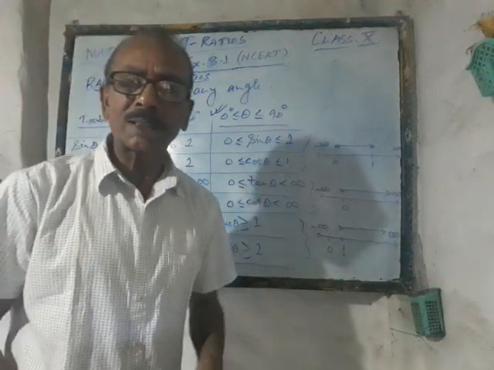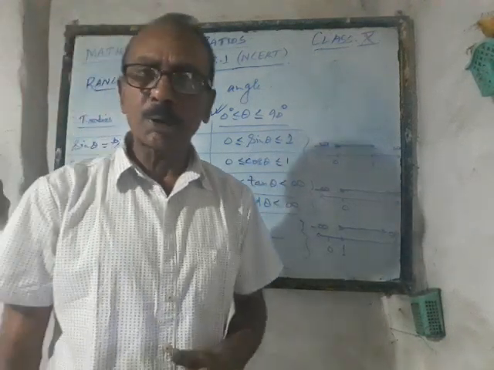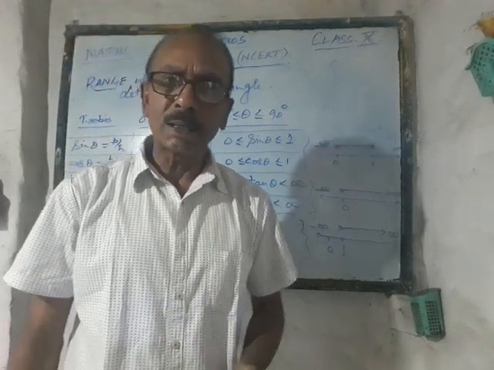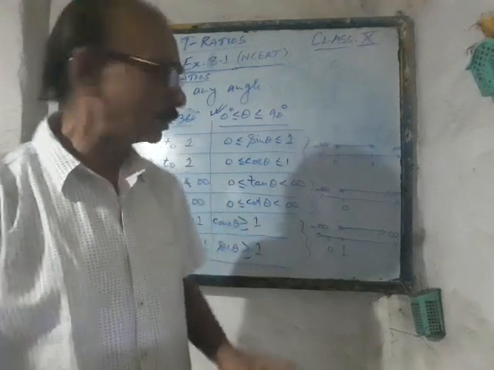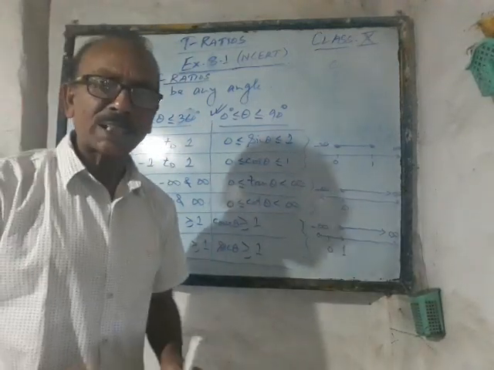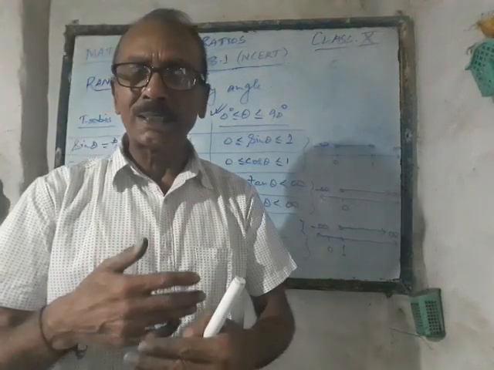So if someone asks you that tan theta is equal to 1 by 2, is it possible? Cot theta is equal to 3 by 4, is it possible? Yes. In every case, you have to say yes for that one. Anyways, so far as cosec and sec are concerned, cosec and sec are the reciprocals of sine and cos.